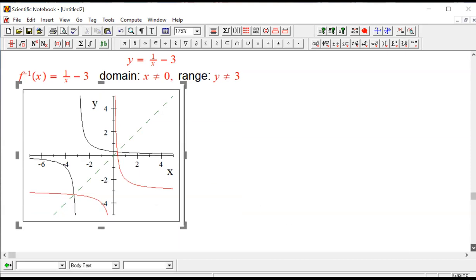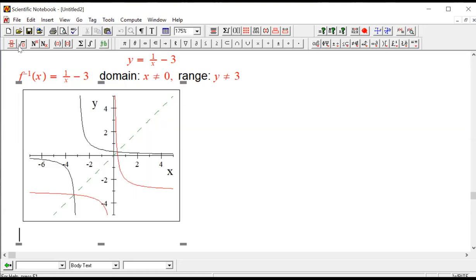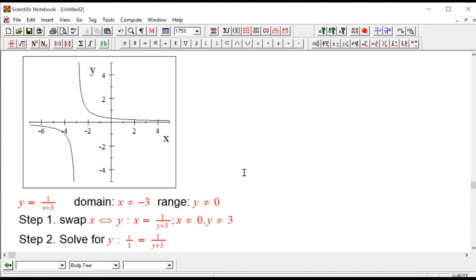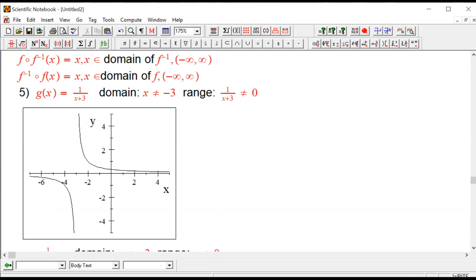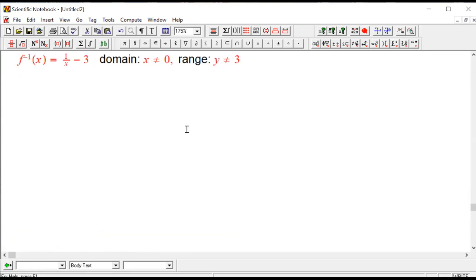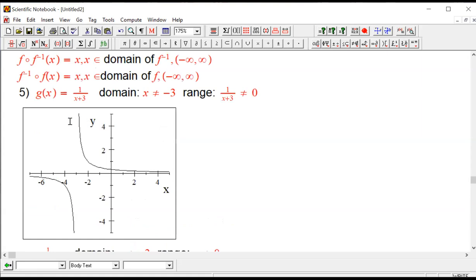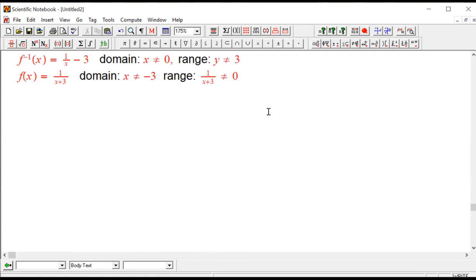Now, composition of the function and its inverse. Okay, composition. So we've got F inverse and its domain and range, right? And F. Oh, you know what? I called it F, it should be G. Let's change it to F, because that will make the least changes. So to keep it simple, okay? So now,